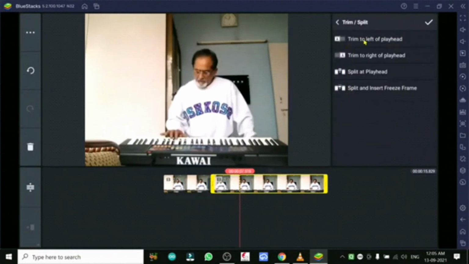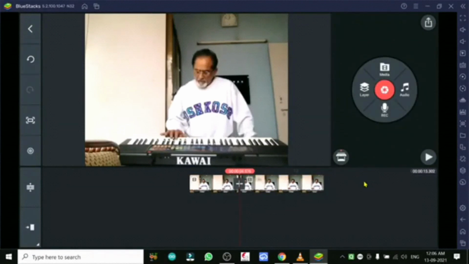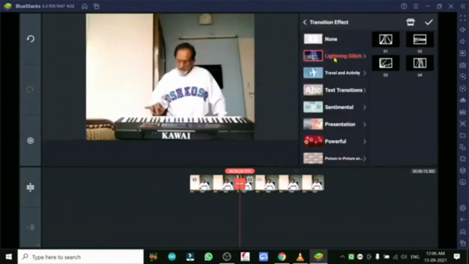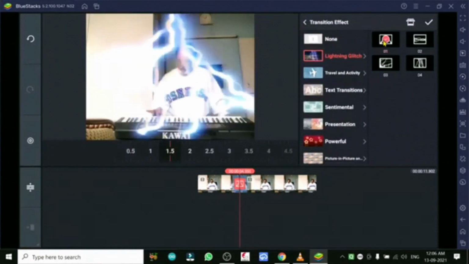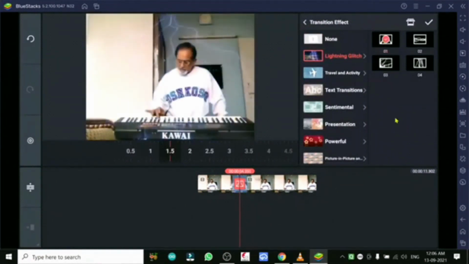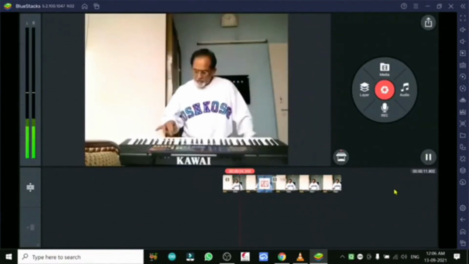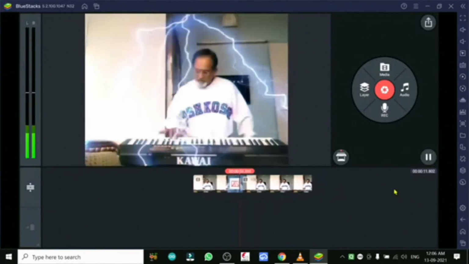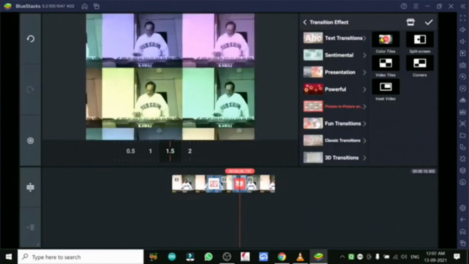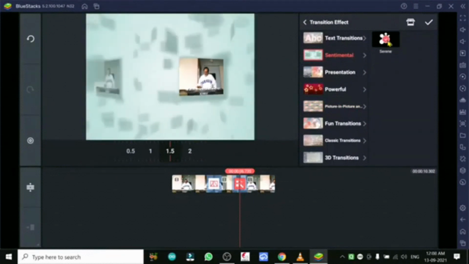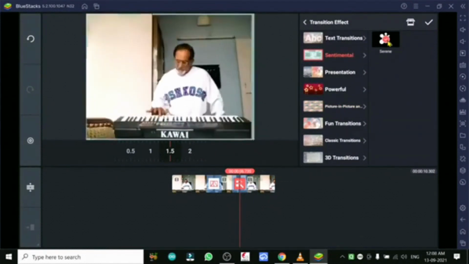Now you see, this is the left. Okay, the middle portion we have trimmed. So this is the trimming practice. You can make it so. Now we can add a transition effect, we can put anything on this plus point. You see, it is here now. If you download it, save it, it will remain there in your video. So when you change the scene, sometimes we can give these transition effects. You see, so many effects are there. Whatever you like, that effect you can put. You see, as the scene changes, you can do that.